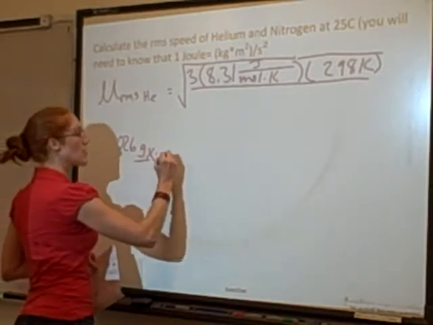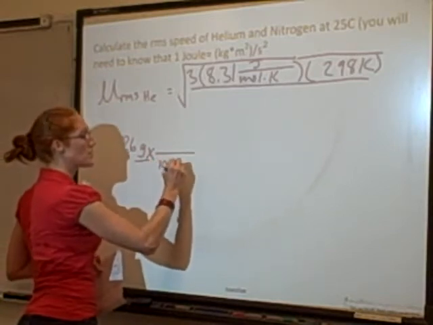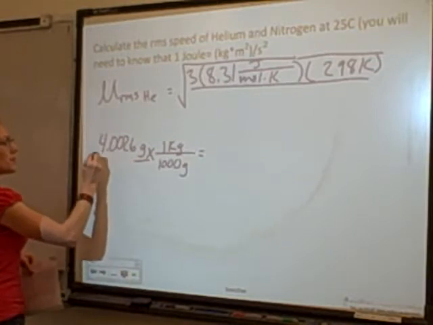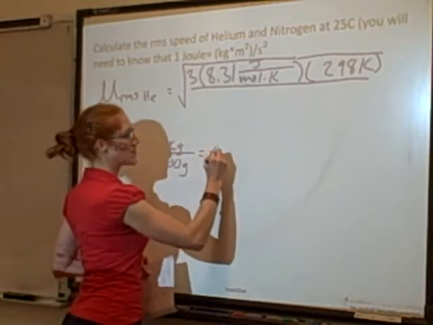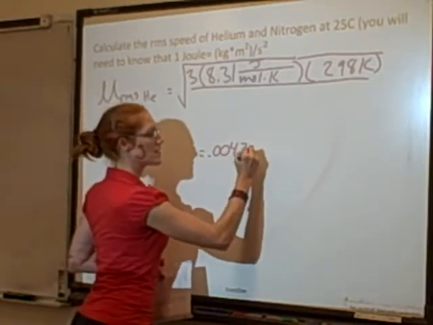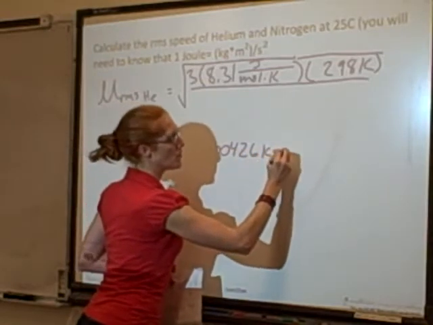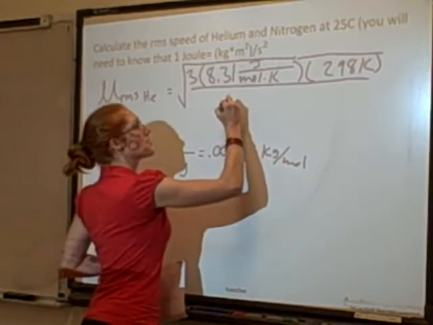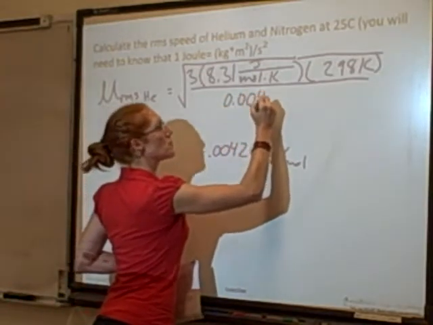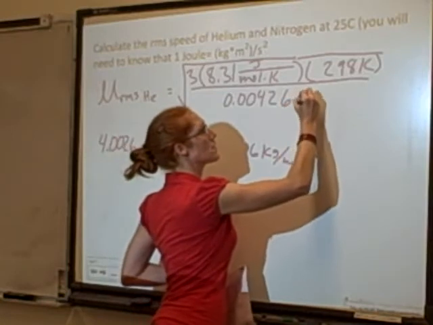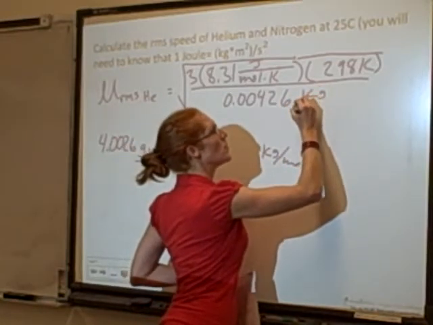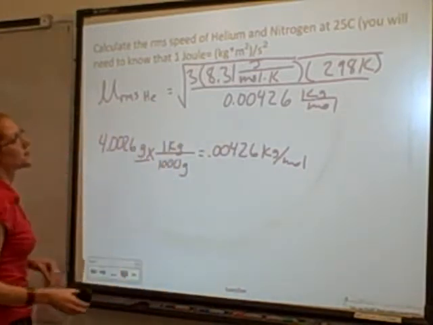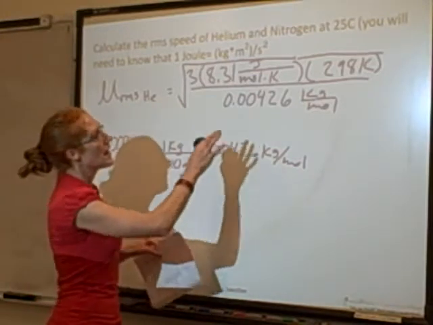To turn that into kilograms, I can say there's 1,000 grams for every 1 kilogram, so I go 1, 2, 3. So 0.00426 kilograms per mole. Okay, so that's the molar mass of the helium. All right, so now let's do some stuff with the units, because right now I have,